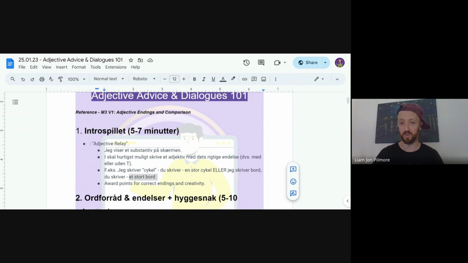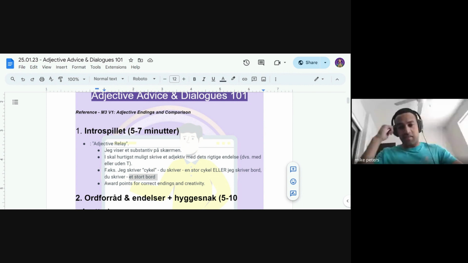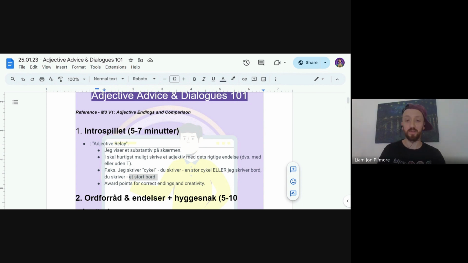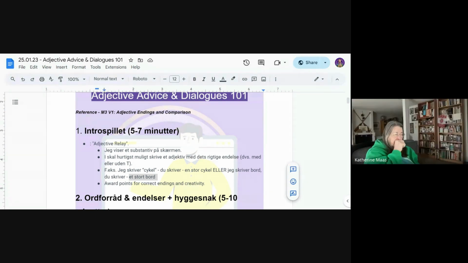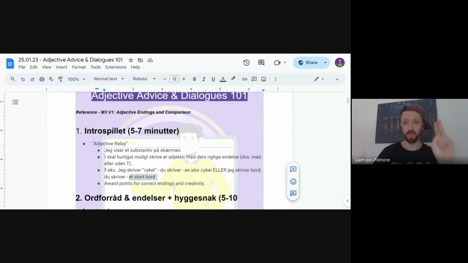En stor stol, Catherine. Sådan. Store. And you don't have to use the word store, you can use any adjective you like. It's okay, mixed answers. Catherine has nailed it. En stor, en højstol, Mike, that's also fine. We just need the Danish, the weird O, as people call it, in højstol. Sådan. En smuk stol. Det er også fint. What did you write first? Stole. You'd been stole in plural, so 2 chairs.